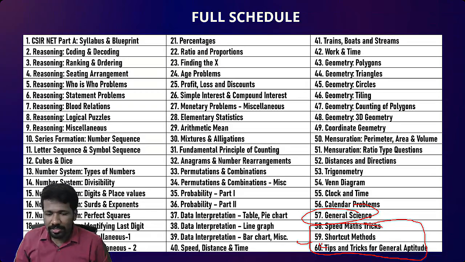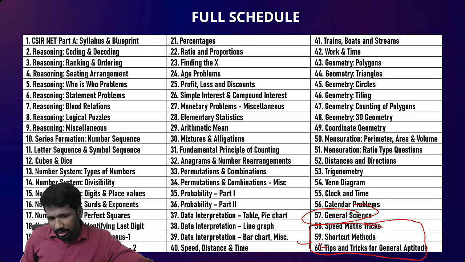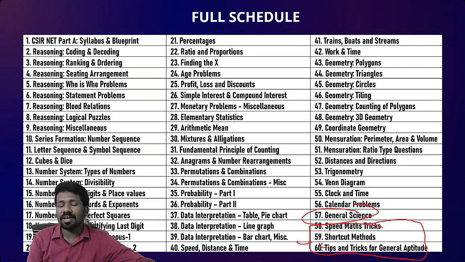So ये 60 lectures के अलावा there are 6 extra doubt clearing session also. हर 9 class के बाद roughly you will get a doubt clearing session. Now, if there is any doubt, please ask. I have given you an overview of CSIR-NET Part A. If there is any doubt regarding CSIR-NET Part A, regarding this course, please ask.